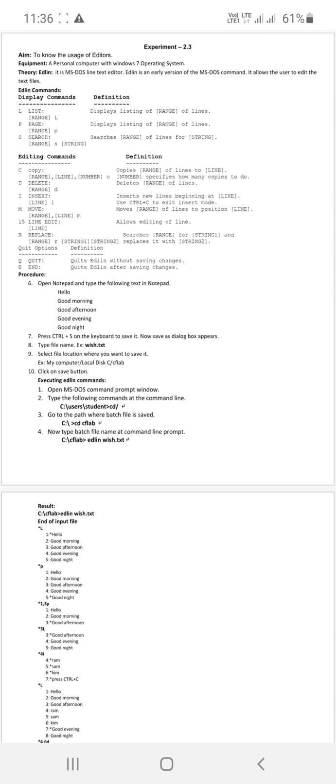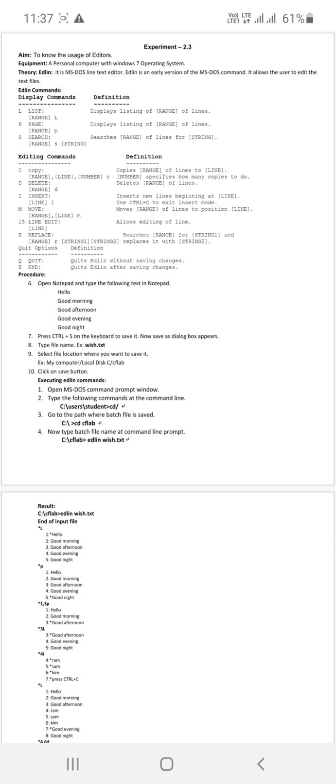Let's see the different types of Edlin commands. The first one is list, denoted by the letter L. It displays a listing of a range of lines. Here we specify the range and then L, and it displays the list of lines.